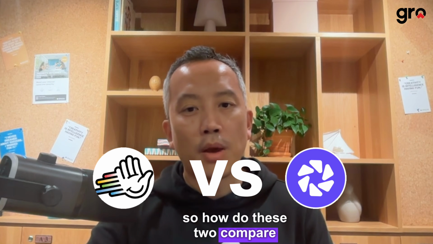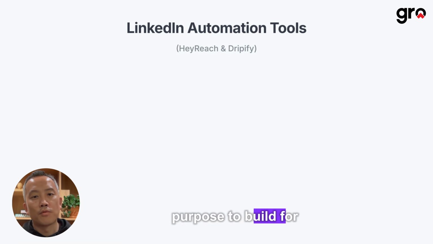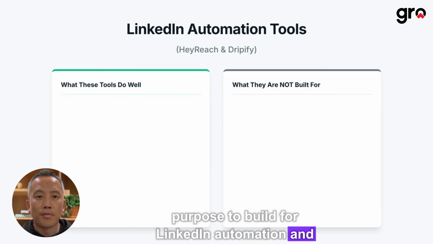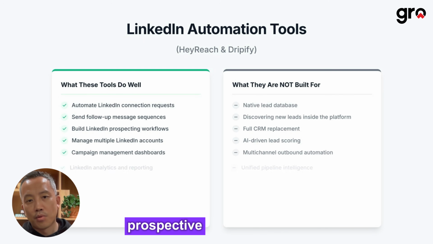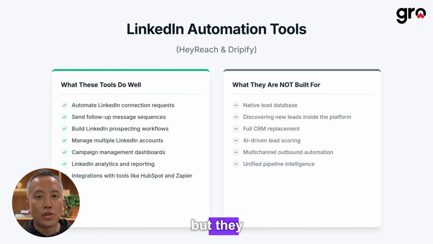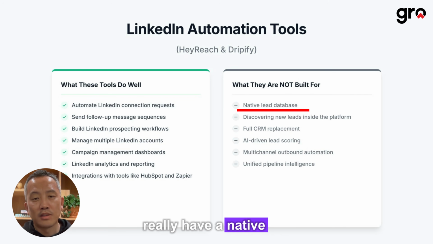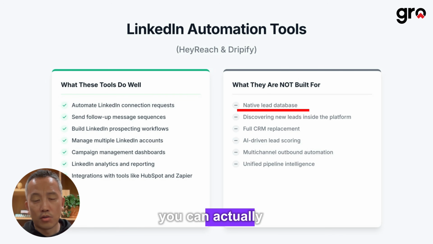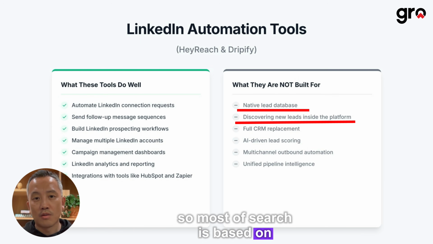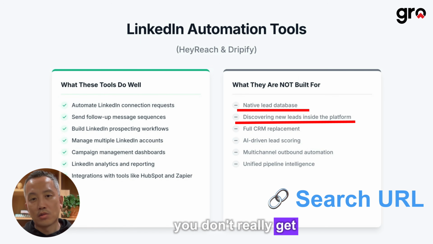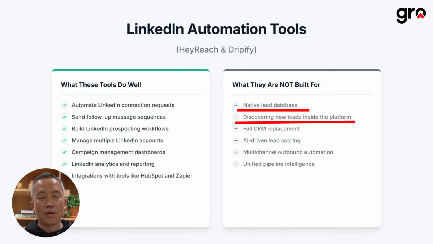So how do these two compare? They're both purposely built for LinkedIn automation. And they also automate sending the connection request, follow-up messages, and prospecting workflow on LinkedIn, but they don't really have a native database, in the sense of you actually finding out the data from the tool. So most of the search is based on a search URL, where you don't really get to see what leads are behind them. It also